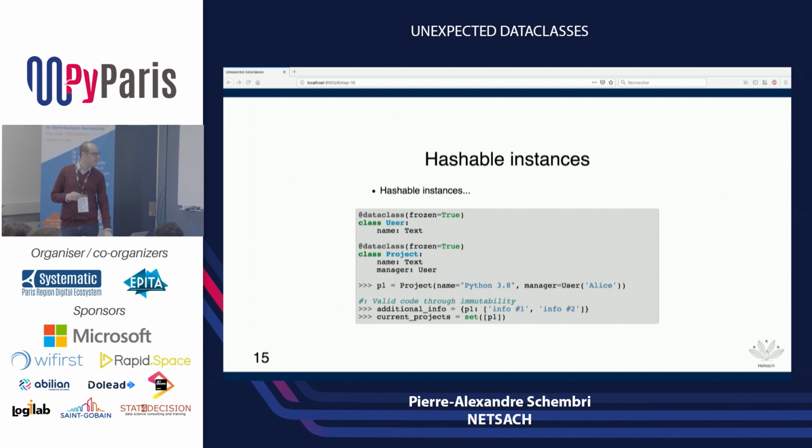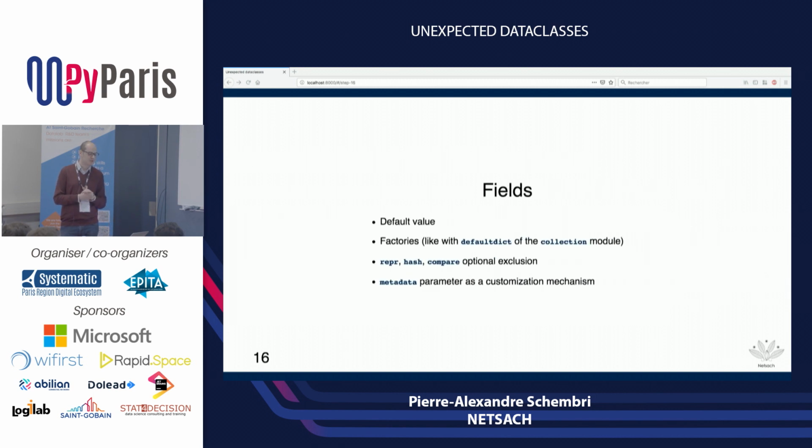So now let's see more about fields. When you create fields, remember that you can add some type annotation to indicate information about what's the expected type. There is no type checking. It's just information. And you can set a default value, as we saw before. You can set a factory for mutable defaults using the default factory, just like the default dict of the collection